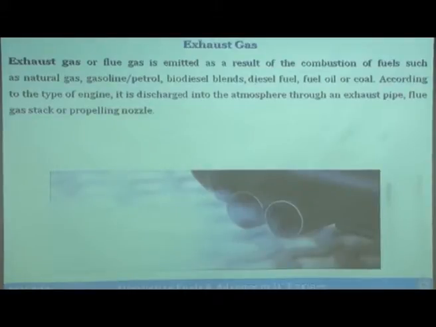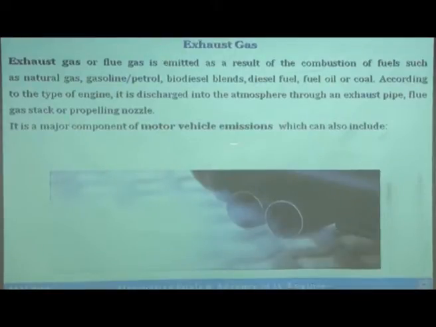And you can see this exhaust coming out. You do not want to be standing very close to this end of the vehicle, because it is going to give you a lot of problems: headache, black particle deposition on your face, and in the long term you may have a lot of health issues. The major components of vehicle emissions also include not just the tailpipe, but emissions from crankcase blow by and by evaporation of fuel.